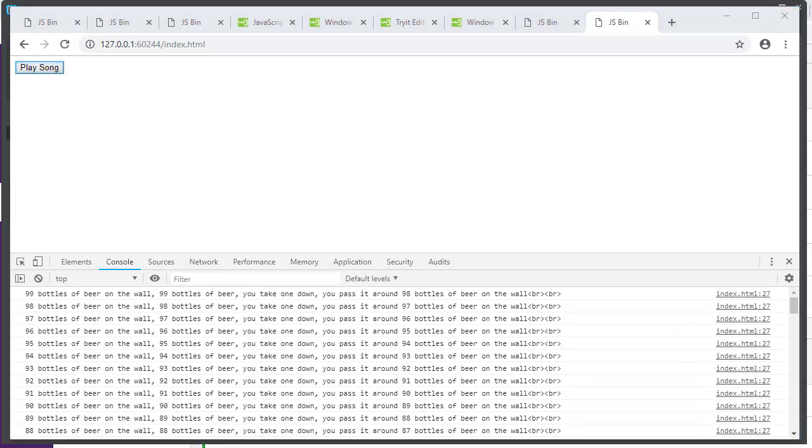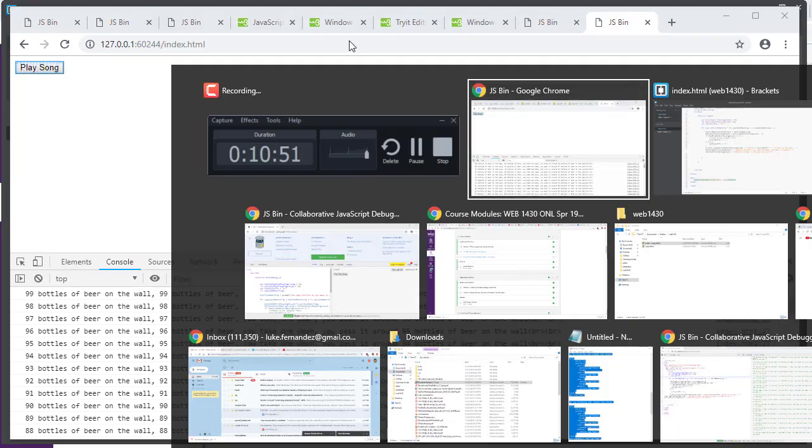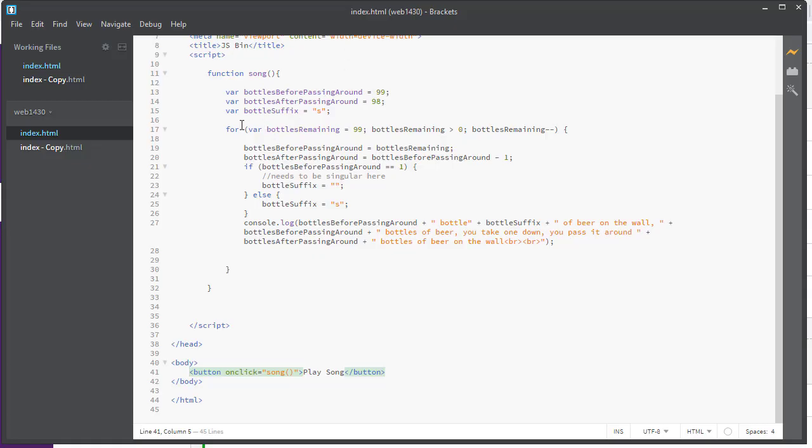So the last thing we wanted to do is actually prompt the user for how many refrains of 12 Days of Christmas you want the computer to sing. In this case, how many bottles of beer. So let's add a prompt to our code, and the best place to put this